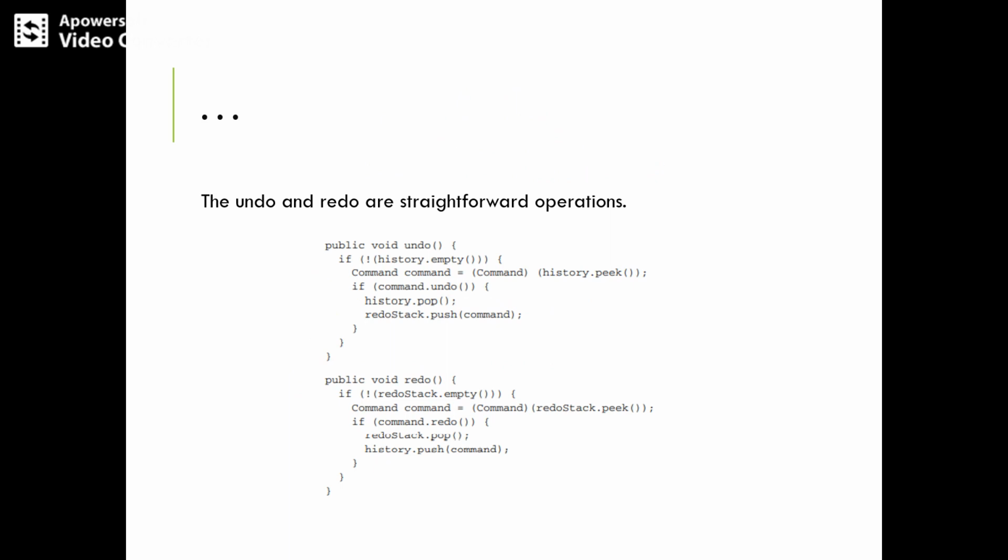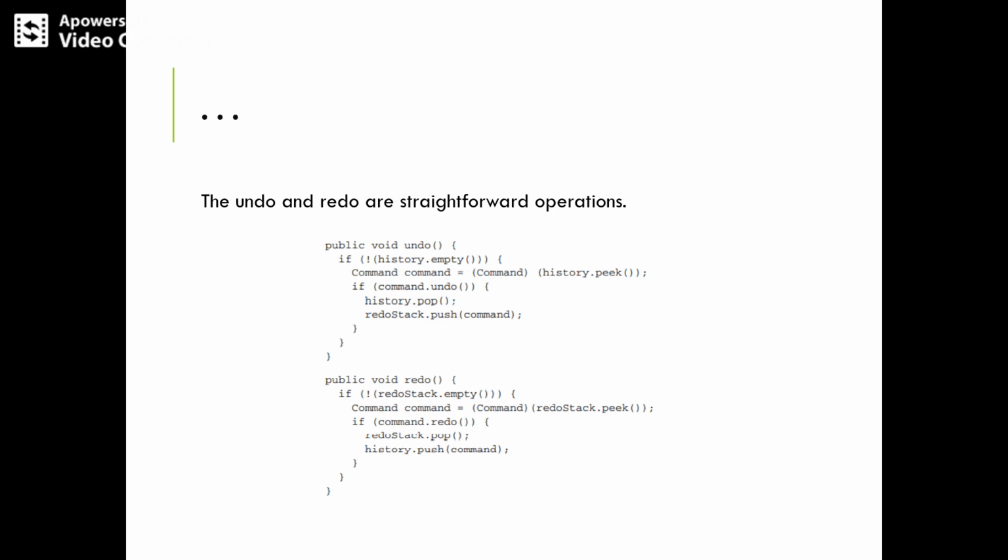Next, undo and redo are straightforward operations. Why are we saying that? In public void undo, if history is not empty, take command from history.peek. If command.undo succeeds, history.pop happens and redoStack.push(command) is executed.